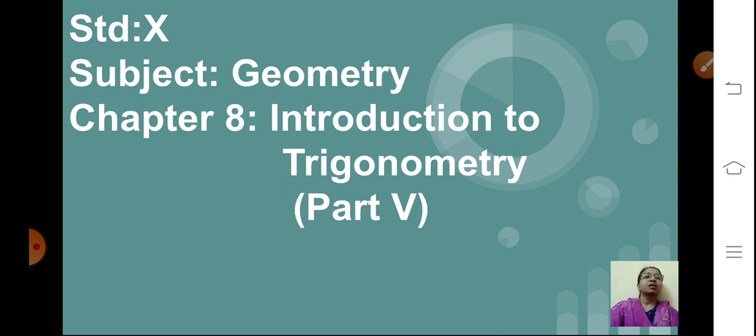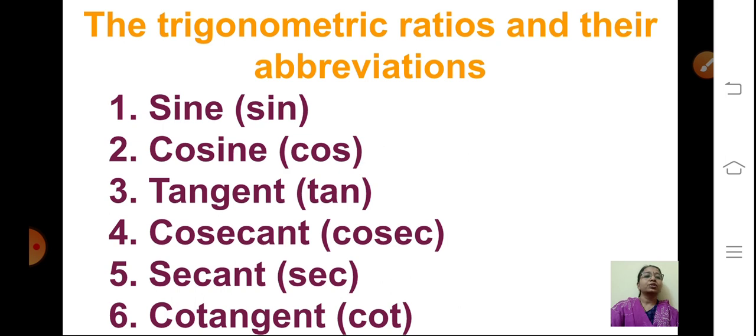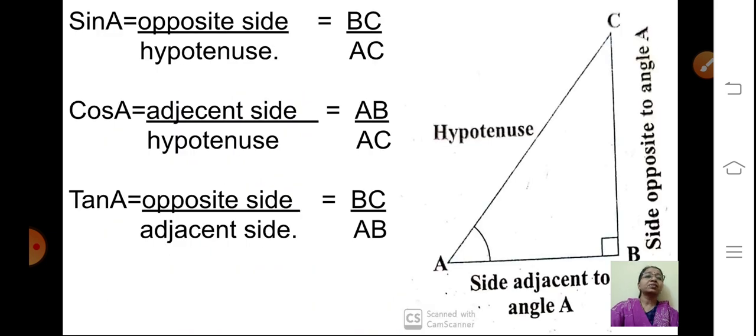So children, in this lecture we are going to solve some extra questions, extra sums. But before that let us quickly revise what we have learned in previous lectures. We have seen what the trigonometric ratios and their abbreviations are: sine, cos, tan, cosec, sec and cot, right? Then we have seen the definitions of these six trigonometric ratios, and we know trigonometric ratios are applicable only